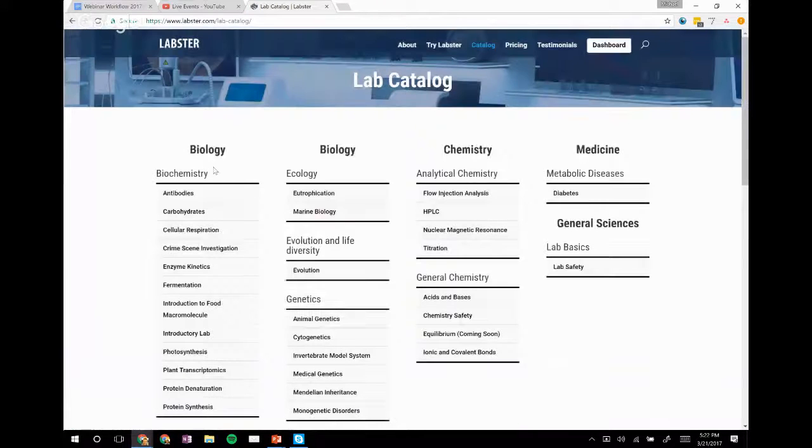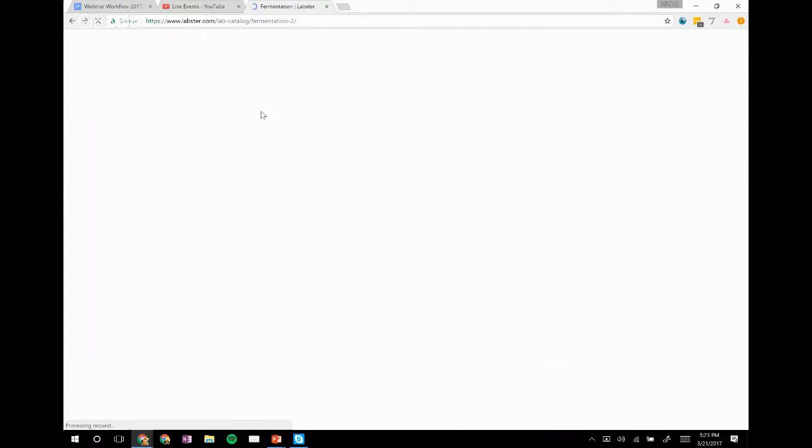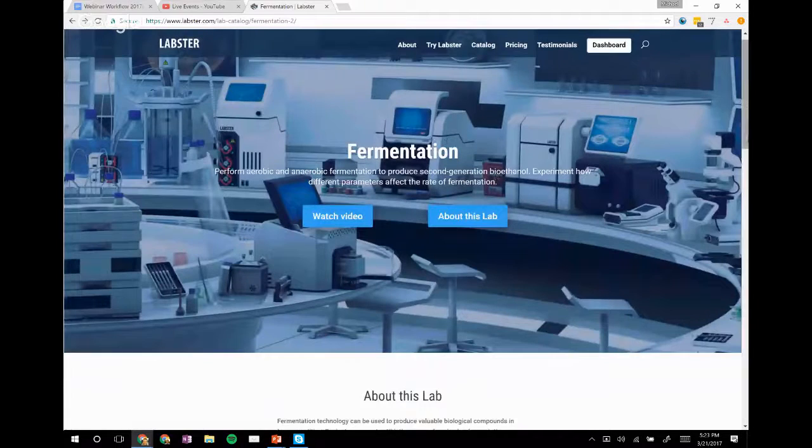So the catalog has a full overview of the many simulations. I should also mention that we're producing more than 15 different simulations every single quarter now. So we have 5 new simulations coming out every month. So do keep an eye out for that. We also encourage you to request specific simulations. So if there is a simulation you do not see yet on the list, please do ask us. We also help work or partner with universities in many cases to create simulations if we see that it's already on our roadmap, especially to cover biology, chemistry, physics, medicine, general sciences, engineering, and so forth. So we're very excited to hear from you as well, which simulations you would like to see.